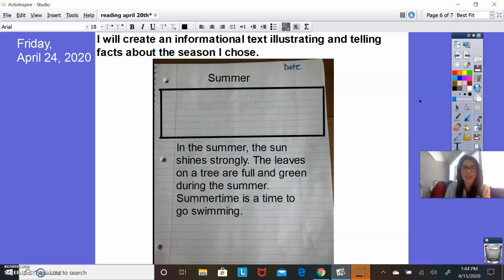If you have any questions on how to complete this assignment, please let me know. I'll be more than happy